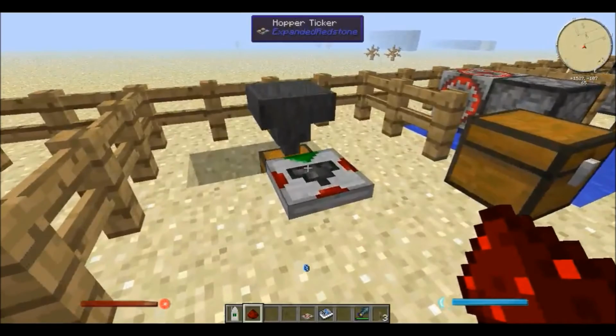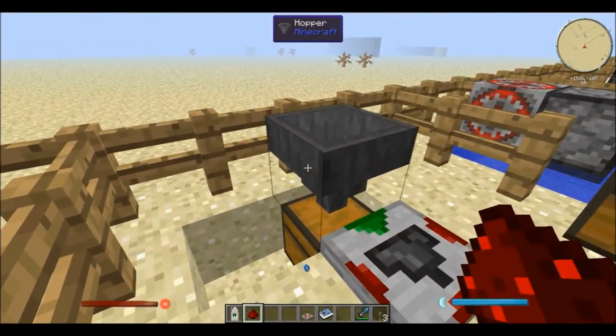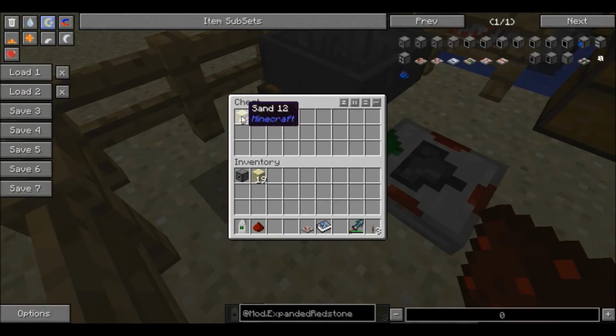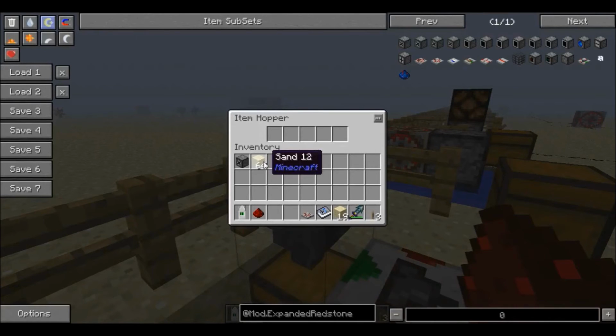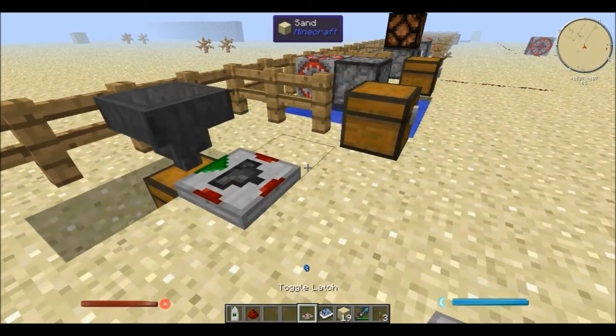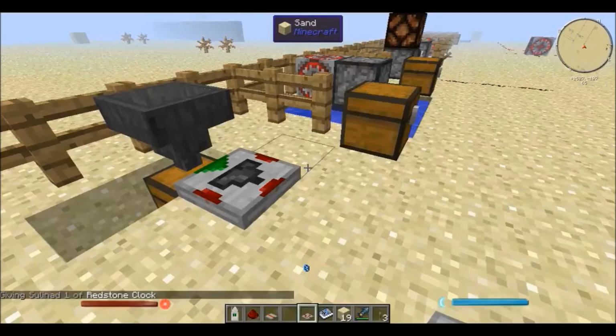And next we have the hopper ticker, which is used to speed up the item transfer from the hopper into any inventory that you have around it. For example, if I take the sand here and put it inside the hopper, this is the rate that it will go through, as you can see. But if I was to put a redstone clock there, I don't have my redstone clock. Let's use the one from this mod,